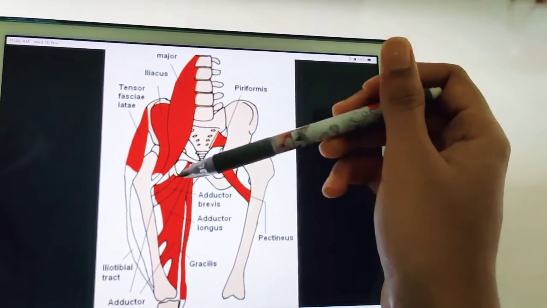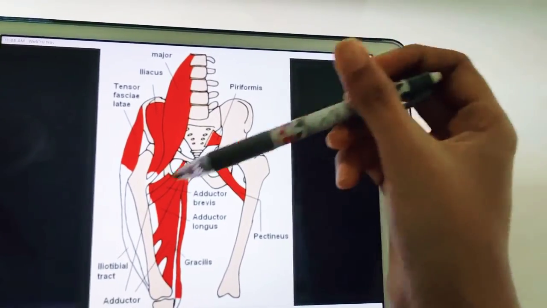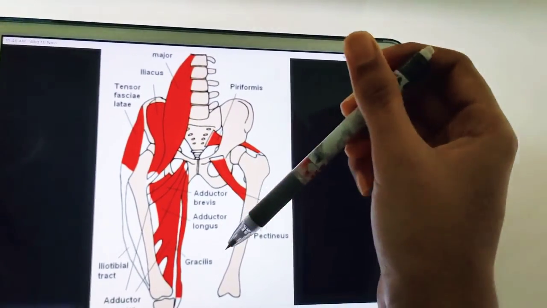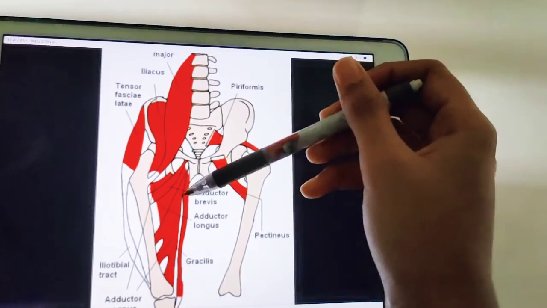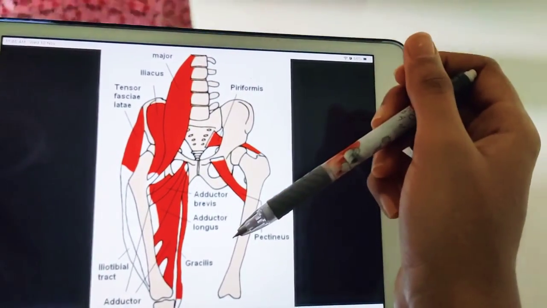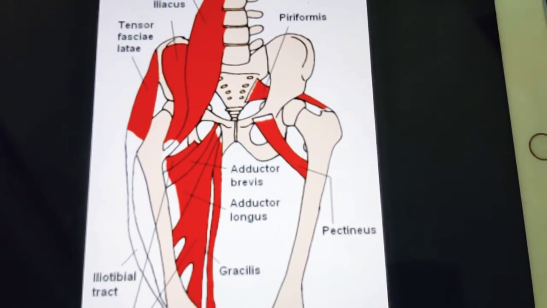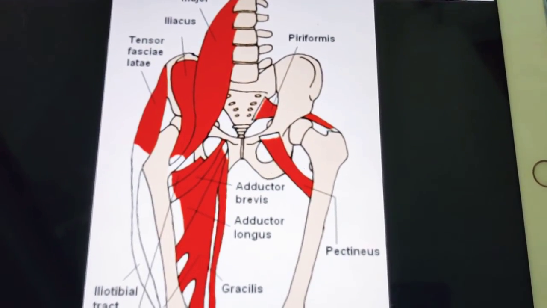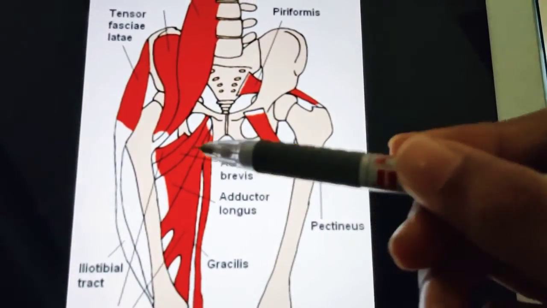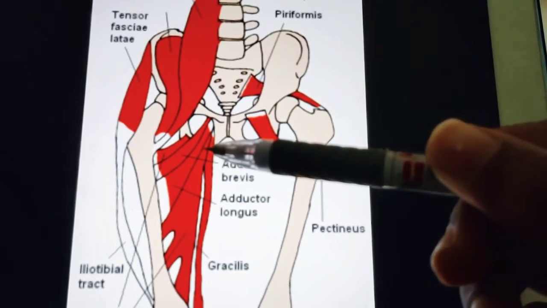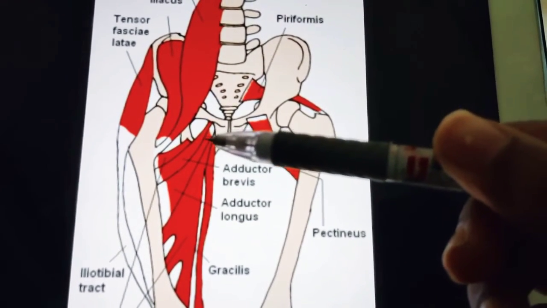Okay, so these are dividing it mainly from the anterior and posterior compartments of the thigh. So this is the medial compartment, mainly the adductor compartment of the thigh. Now let us see some of the important landmarks, like what lies deep to adductor longus. If you see the adductor longus muscle, deep to this muscle you have